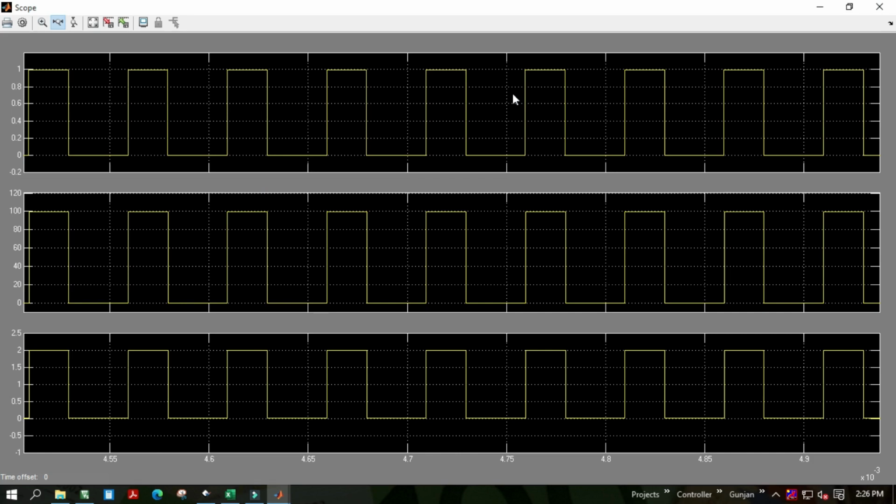The voltage across the R load and hence the current in the loop is proportional to the duty cycle of the PWM pulses. As we increase the duty cycle of the PWM pulses, the duration for which the MOSFET remains turned on also increases. This in turn increases the output voltage across R load and also the loop current. Hence, one can say that the current and the voltage across R load can be controlled by controlling the duty cycle of the PWM pulses given to the MOSFET.